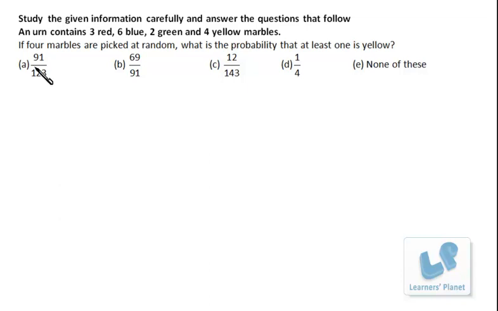Now let's try this problem. If 4 marbles are picked up at random, what is the probability that at least one is yellow? Now friends, we are having 4 yellow marbles and the question is asking about at least one yellow. Now there may be one yellow, there may be two yellow, there may be three, and there may be four. Okay, so it's a bit difficult for us to calculate for one yellow, then two yellow, then three yellows, and then four yellows. So what we do is we find out the probability of no yellow at all, and out of the total probability, that is 1, we will be deducting no yellows. So in the remaining cases there will be at least one yellow.